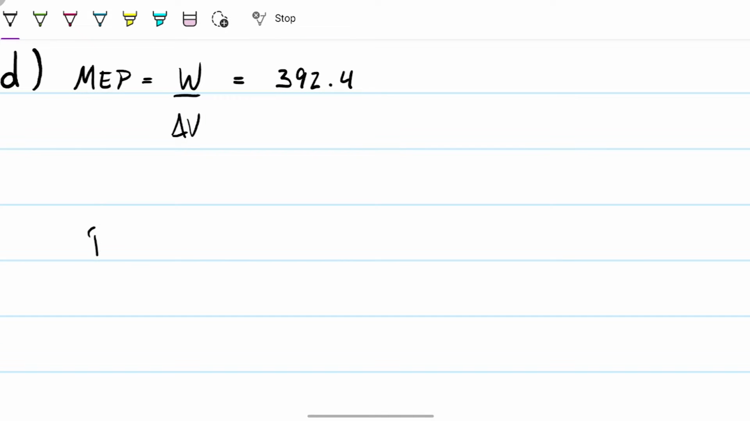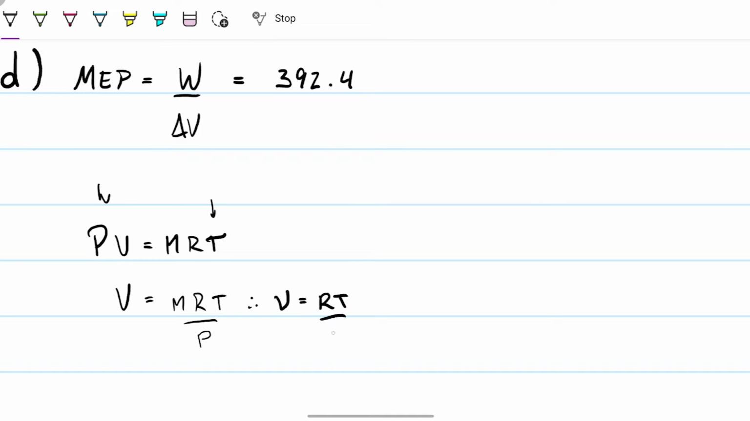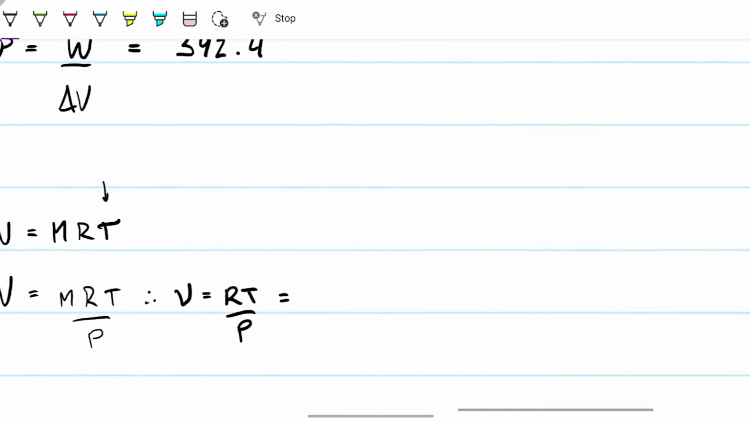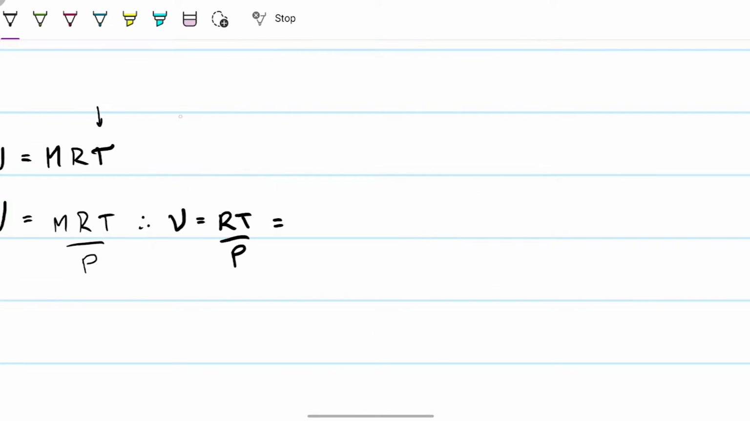what is my volume? PV equals mRT. I have T, I have P, so my volume will just be mRT divided by P. I don't have the mass, but I can divide everything by the mass, so I'm going to have specific volume equals RT over P, and that I can do. So all I need to do is use the R, the ideal gas constant for air,